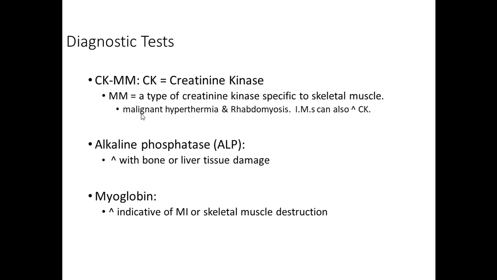So symptoms of rhabdo, one of the biggest major symptoms is brown colored or Coke colored urine. It's because the kidneys are not filtering anything and because they're gummy, and we're going to give them lots and lots of fluids to flush those kidneys.